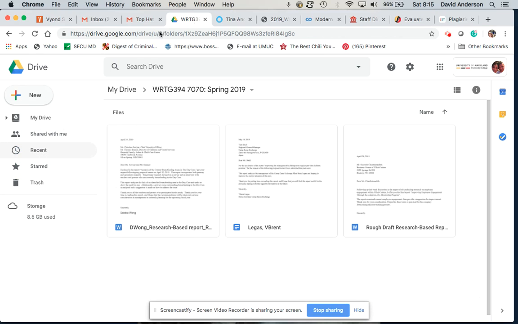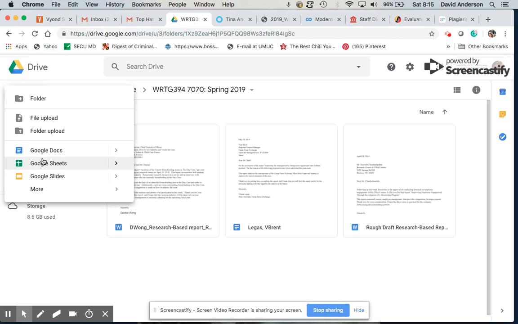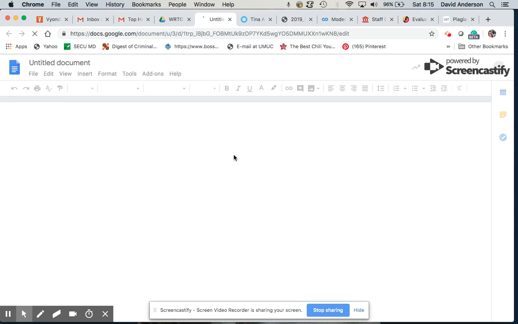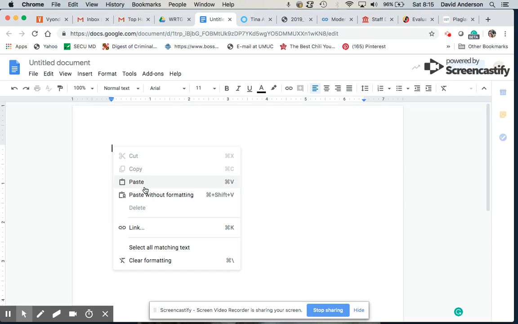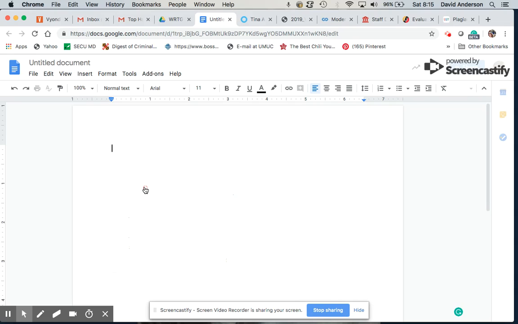When I come into here, this is my writing folder. I'm going to create a new doc. I'm so sorry I'm taking so long for this. It may be 2 screencasts here, and I paste inside of Google Docs. There we go. What happens when I do this is that it automatically engages this product right here, which